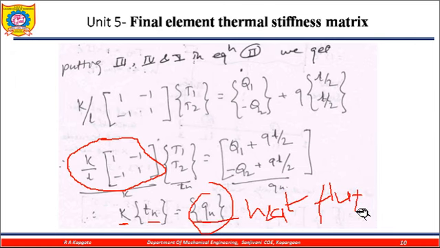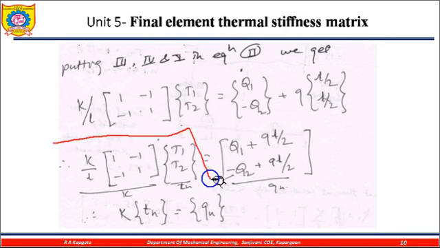So finally I am getting my formulation of the element stiffness matrix for the 1D problem for heat transfer. For heat transfer, K into Tn is equal to Qn. So I feel we are understanding how to formulate a matrix. Here this video is only tougher, but once we move to the problem, you will find this very easy. But the manipulation of the terms is very important. So we can understand that just to manipulate these terms, there is no difficulty.